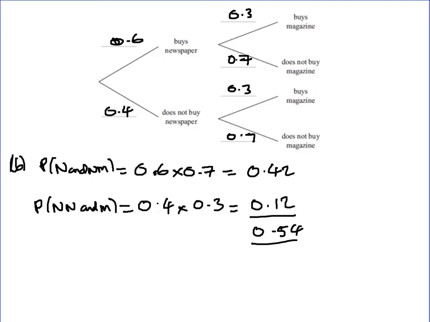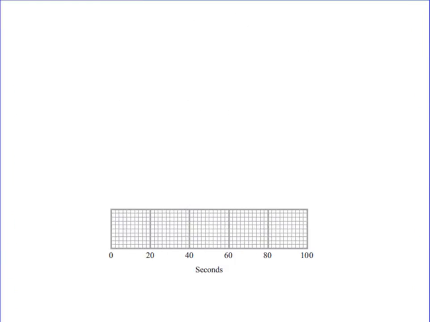Question 10. Daniela works in a shop. Served 50 customers in the morning, 75 customers in the afternoon. So as I'm reading this, I feel like I should be writing certain things down. So 50 in the morning and 75 in the afternoon. The mean time to serve all 50 customers in the morning, that's the mean there. The mean time to serve all 125 customers, so we've got an all one here, is